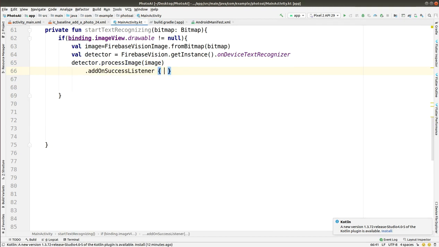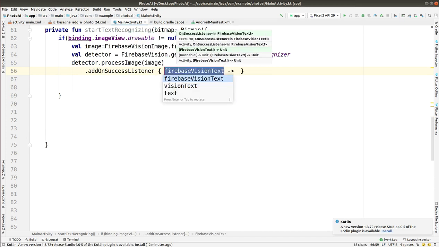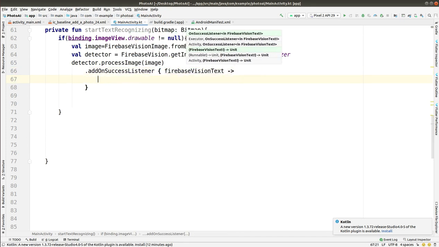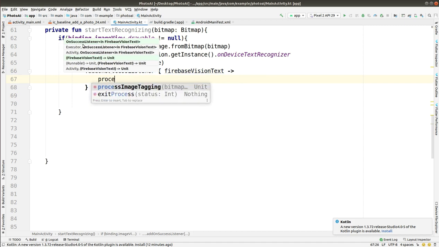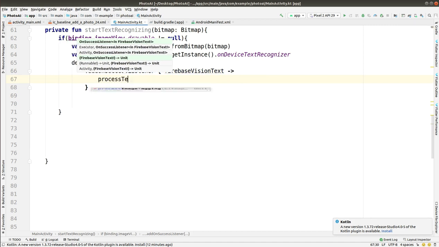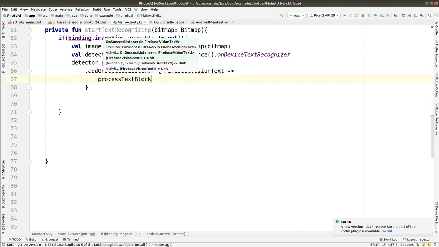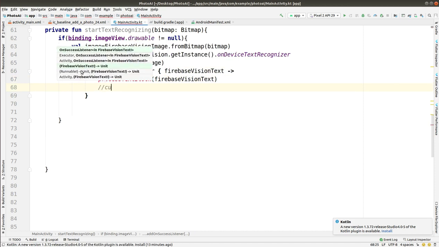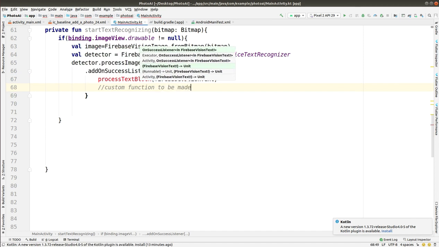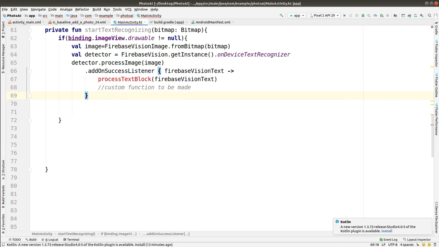So now you have to add on success listener, and in this you will be able to do the main work, that is setting up the tagging things in the chip group. So this is also a custom function to be made called process text block.